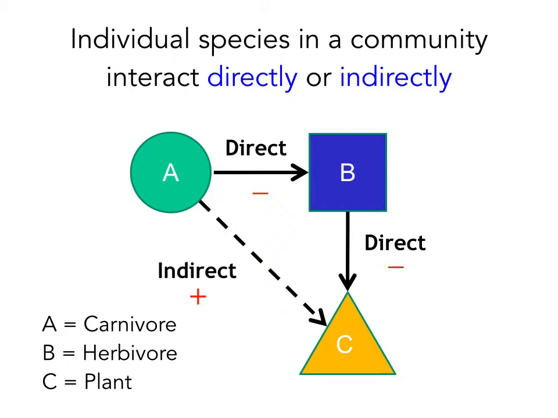Just deconstructing this, as A increases and B would therefore decrease, that would result in less herbivore pressure on C, and therefore C could increase because there's less herbivory on it. So an increase in A results in an increase in C,